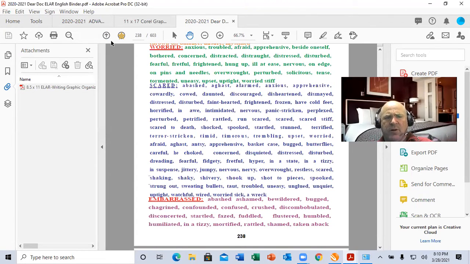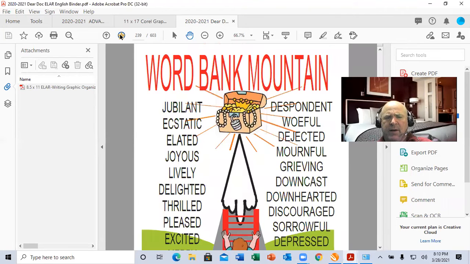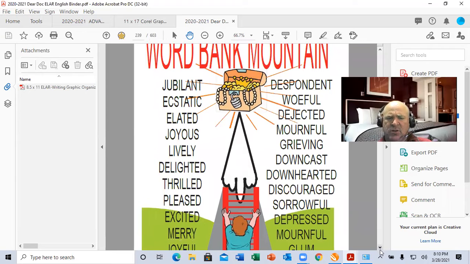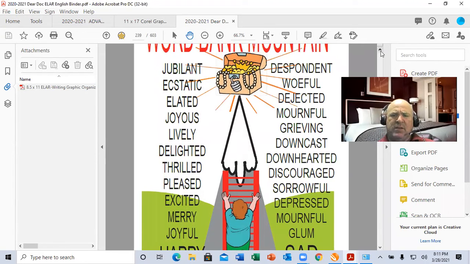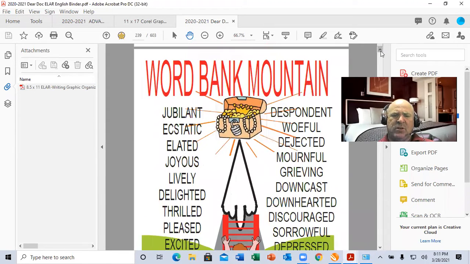I'm gonna go forward in the binder to what I call the word bank mountain pages. So what you're basically telling your student to do is to think of himself as climbing a vocabulary ladder. And as you can see, this is the happy, sad ladder, the antonyms of each other.